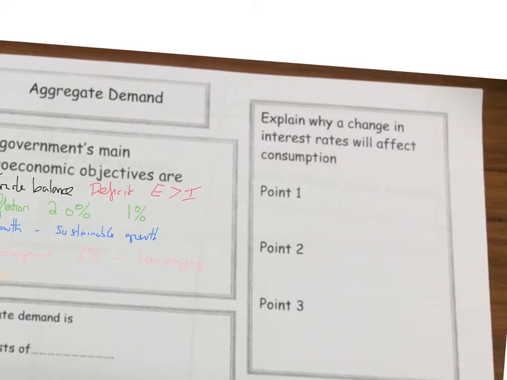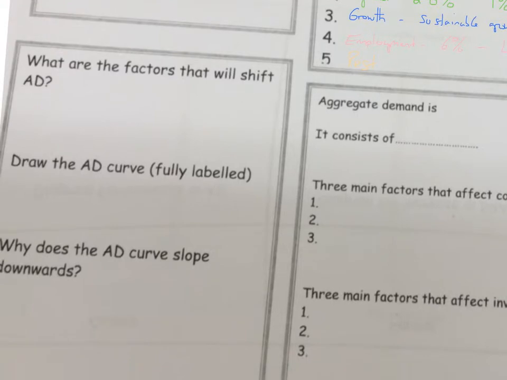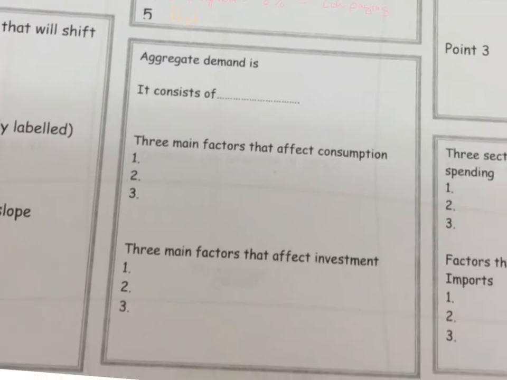Right, going on to the next bit. Where am I going to go next? Okay, here we go. Can't decide where to go. Right, I'm going here first. Okay, so